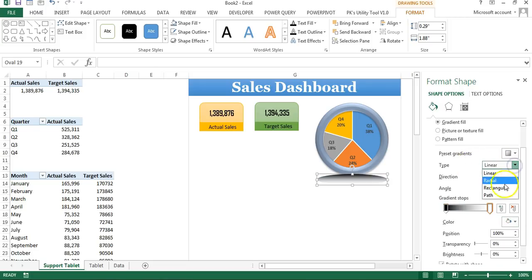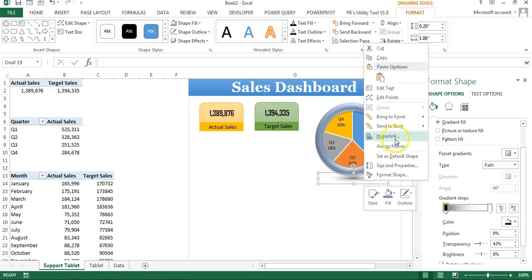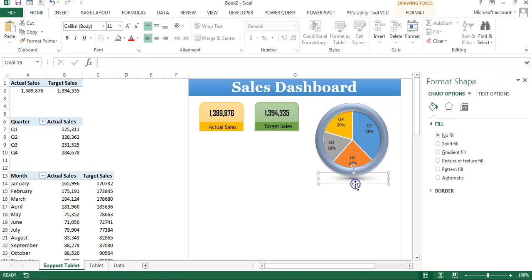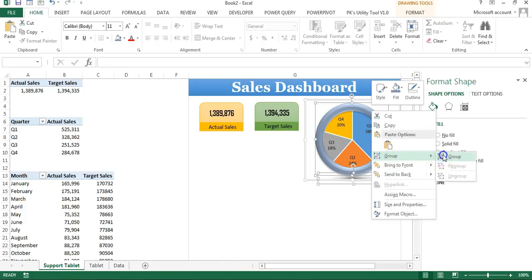Type we will choose as path. For the white one we will make the 100% transparent, and for the black one just make slightly transparent like 40%. Keep this here, right click and send it to back. So it will look like a shadow. Select this shadow shape and chart and this donut shape together, right click and make them group.